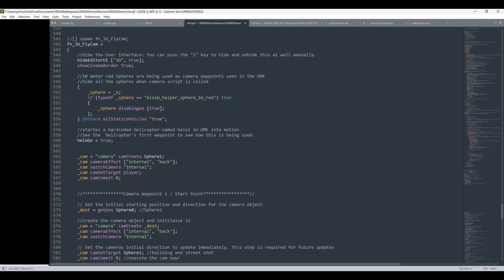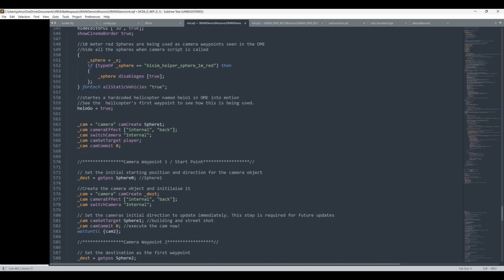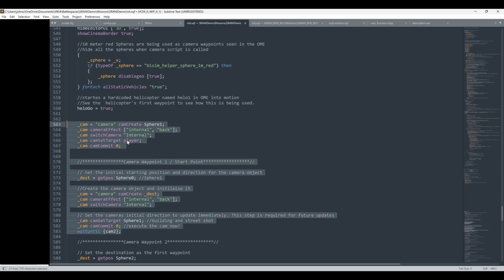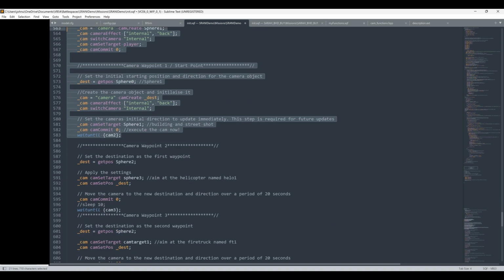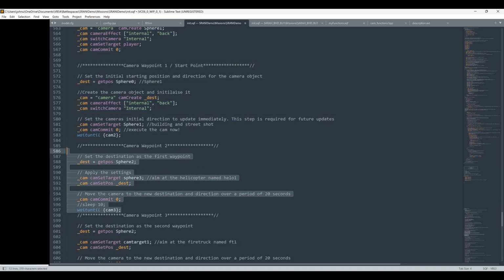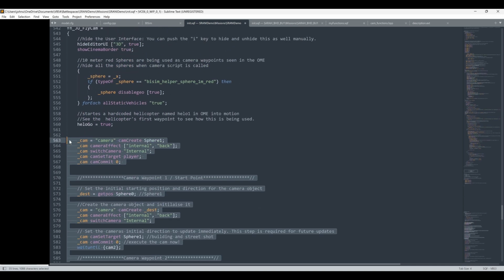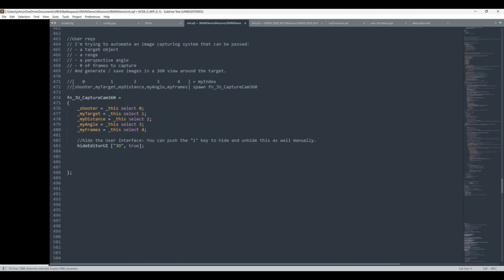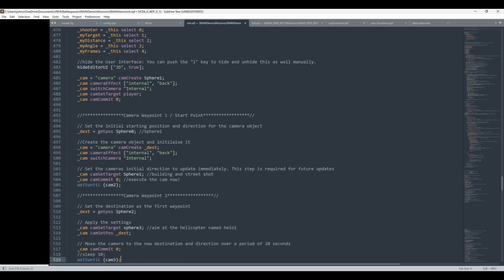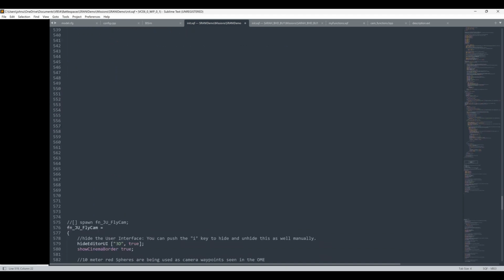Let's go ahead and look at our capture code. Here is camera code and waypoint. So this is taking the camera, creating it, and then putting it at a start point, and then we want to move it to a waypoint. So let's go ahead and just grab this code here. I'll plop this in here, just so I have it. I'll rearrange things later, and then I also need,